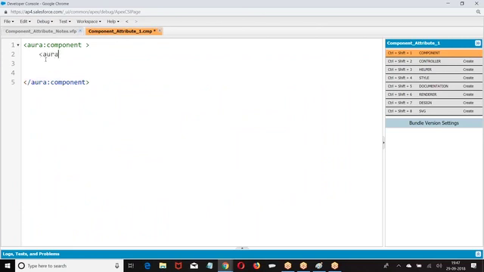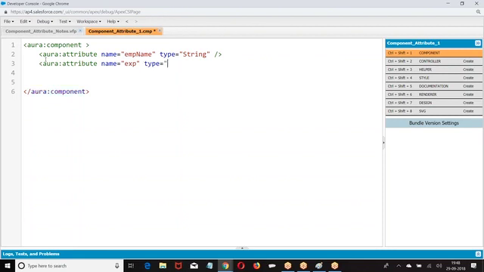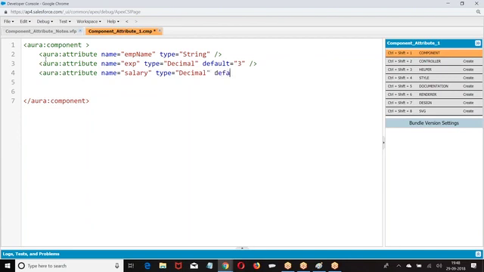I am going with aura:attribute name equal to empName, type equal to string. aura:attribute name equal to experience, type equal to decimal, default 3. aura:attribute name equal to salary, type equal to integer.